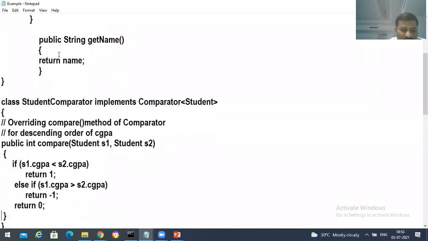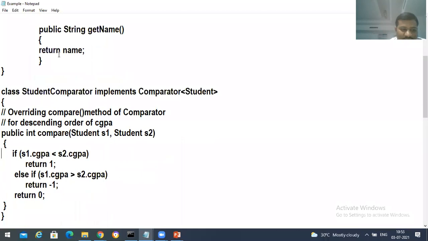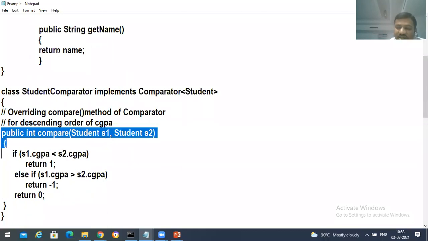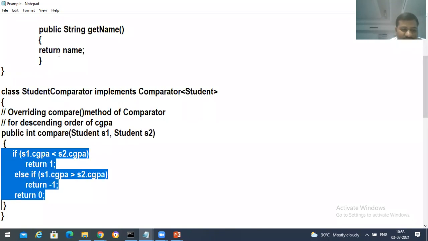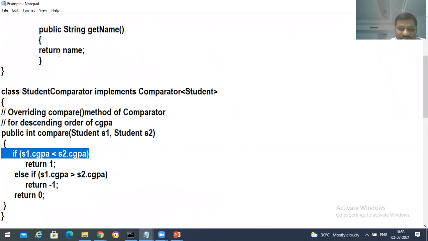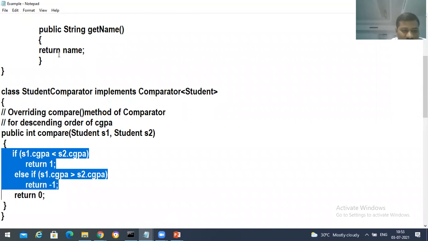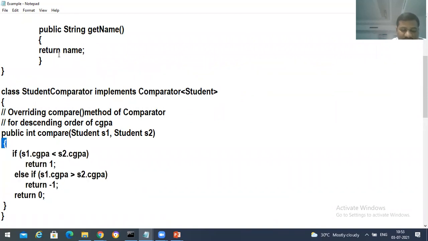Here I'm using only one method of Comparator: public int compare(Student s1, Student s2). Here we'll be writing an order to place the objects based on this condition. What that condition is, I will discuss, don't worry. We'll discuss clearly how we are placing this.